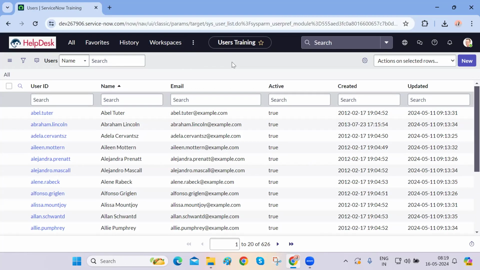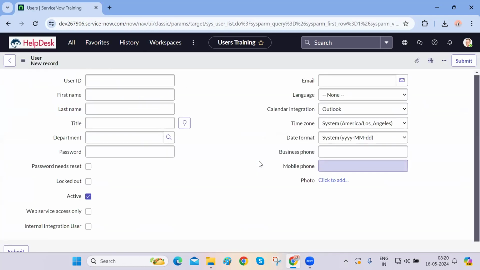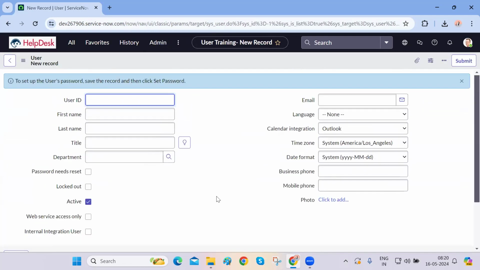I'm trying to create a user inside the sys user table. It should not be any other table, and there should not be any applied filters. Even if I'm on the sys user table, I will click on this All to remove any filter, and I see all of the users, which are 626 users right now. To create a user, you can simply click on New, and it will give you a form that you have to fill, giving them the user ID, and